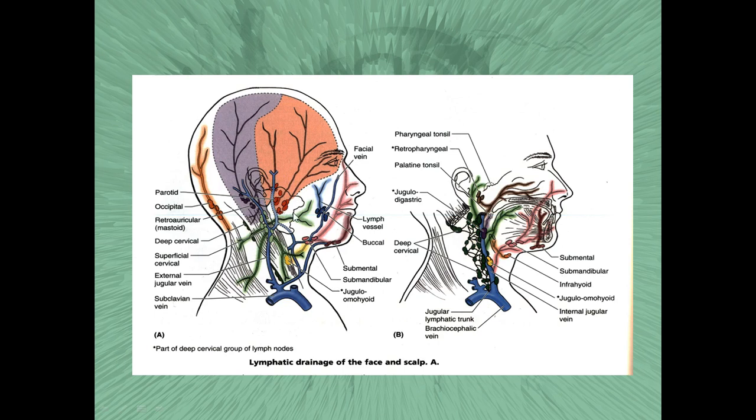Then the parotid lymph nodes, quite a big group of lymphatic nodes, and you see here on this diagram the regions of lymphatic drainage are painted in different colors, and you can easily understand from which area this or that regional lymphatic node receives the lymphatic drainage. Then the buccal lymphatic nodes, also known as the facial, because they are located along the pathway of the facial artery